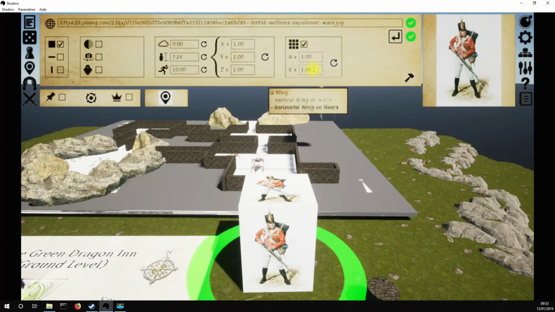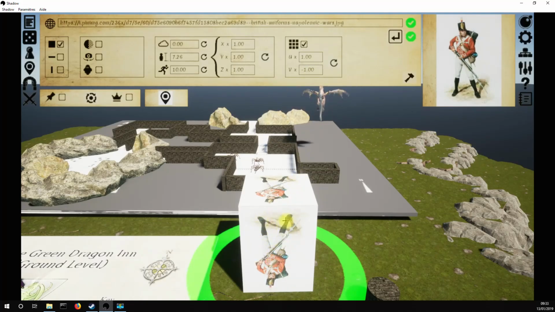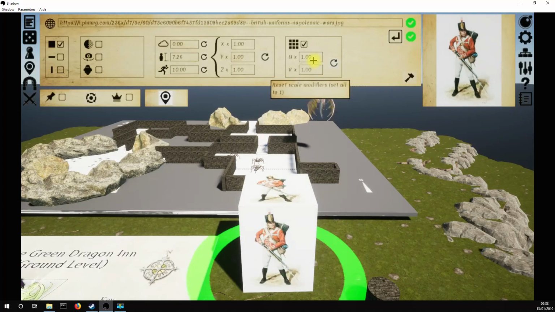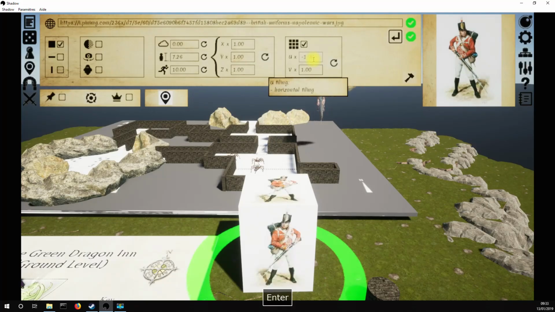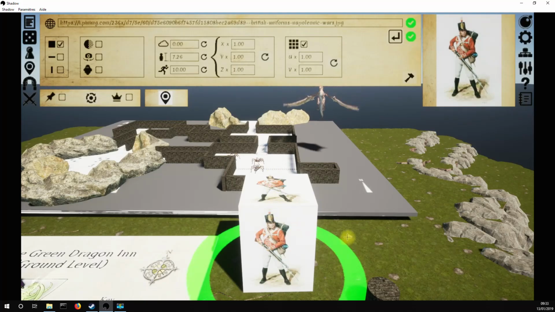You can also use negative numbers. For example, -1 here will put the texture upside down, which can be useful, for example, to say that by convention, if it's upside down, it's dead, or something like that. You can, of course, mirror it horizontally as well. Okay, so this option is quite easy to understand on that sort of texture and can be a bit useful,